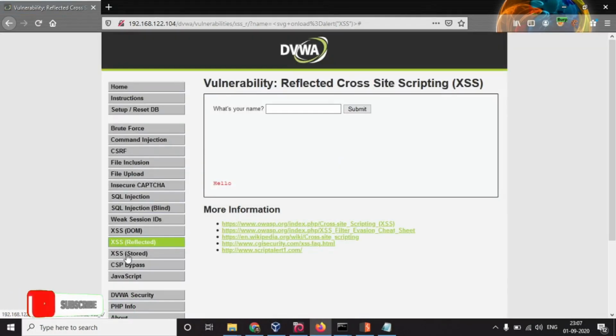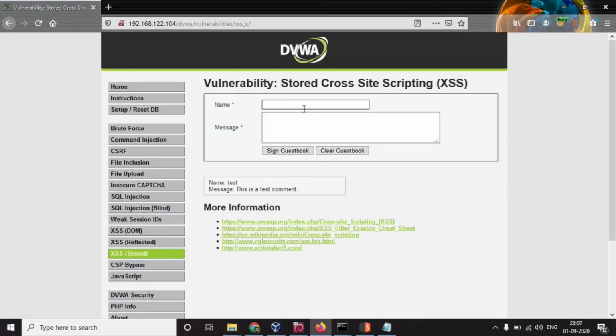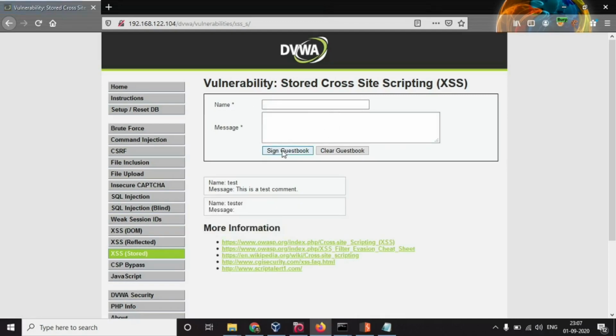Time to move to the third type of XSS, which is the XSS stored. So here, let's simply provide our svg tag, which we used in the previous case. Okay, our svg tag was not accepted.